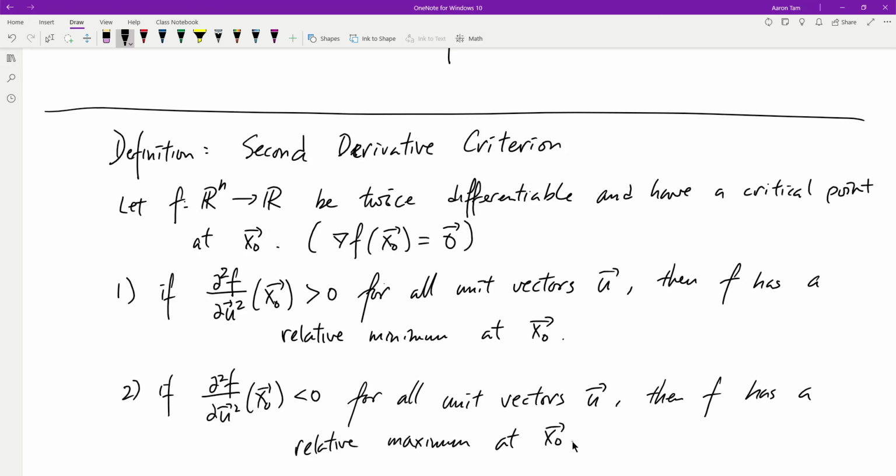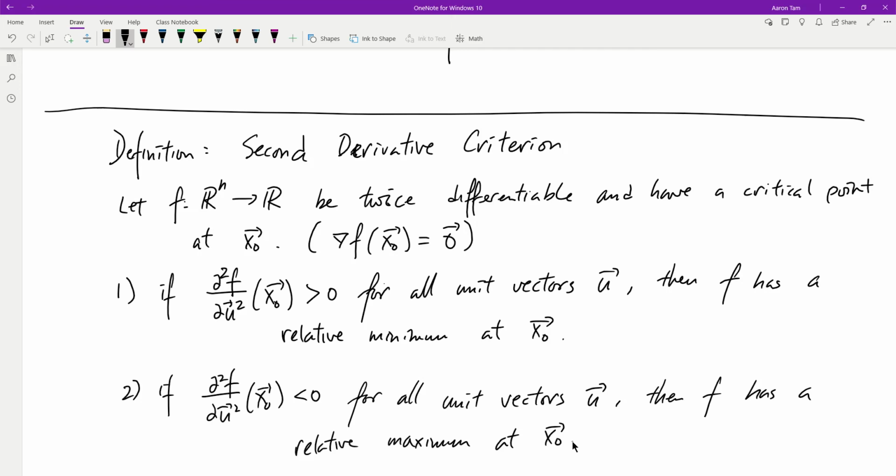So this describes the exact opposite scenario. Imagine every line that goes through the point x of 0, if they all result in a concave down curve on the surface of the function f, then the function f must have a kind of highest point on the top, like an upside down parabola spinning around,